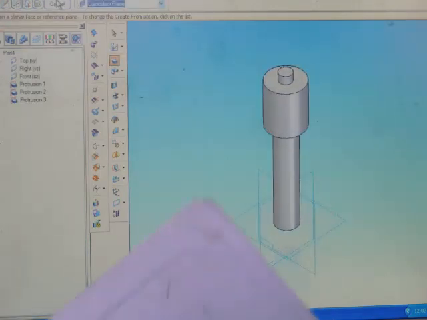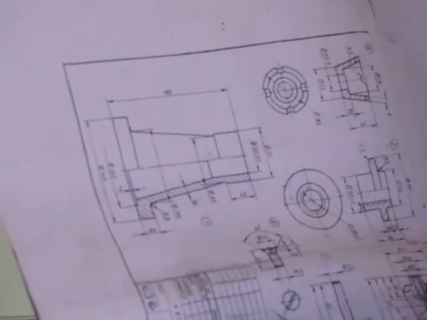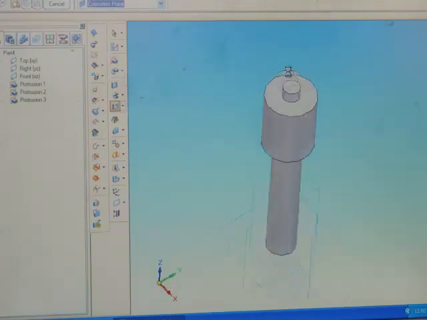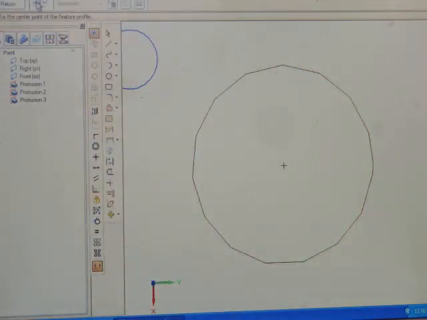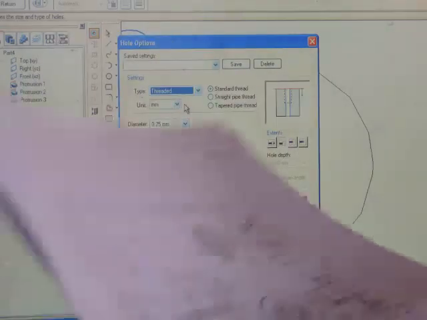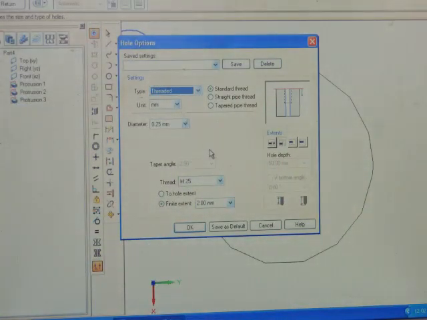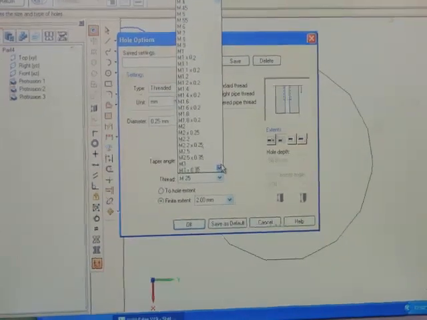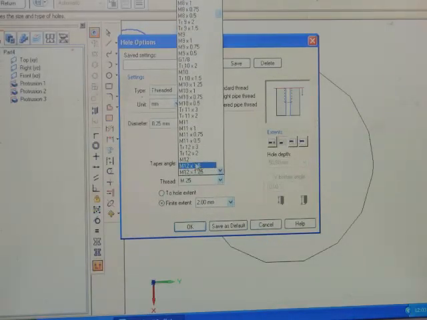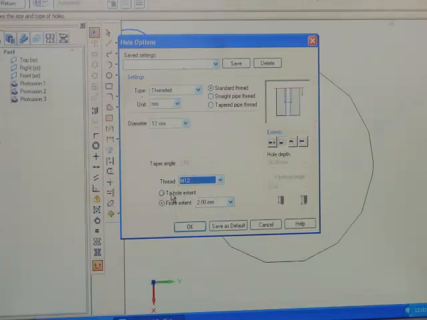So now there is a threaded portion here. For doing that, go to the hole option, select this upper circle plane. Make it threaded. This is an M12 thread. Select M12. The hole extent is a finite value of 30.